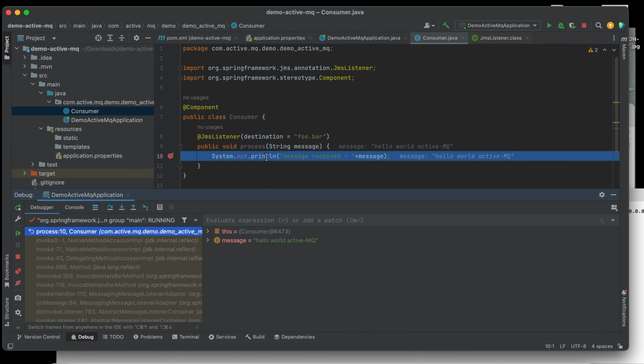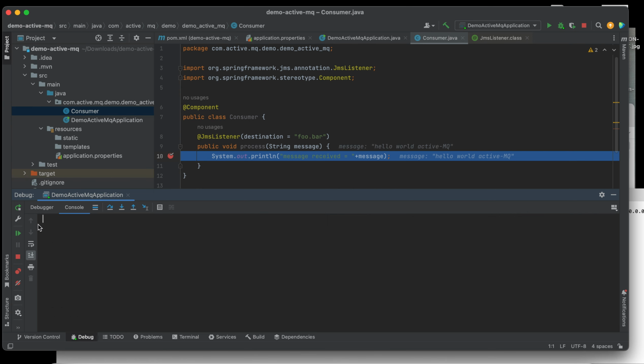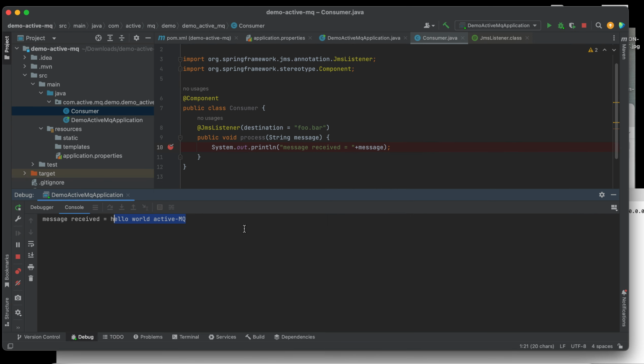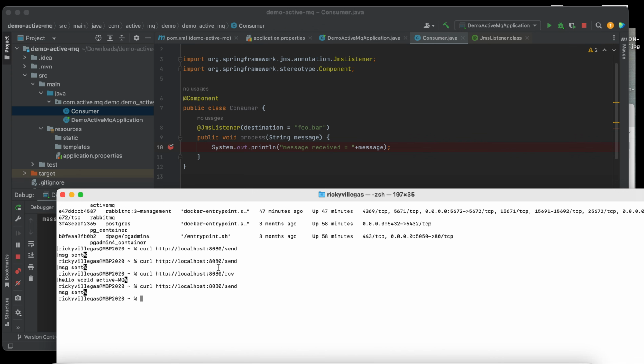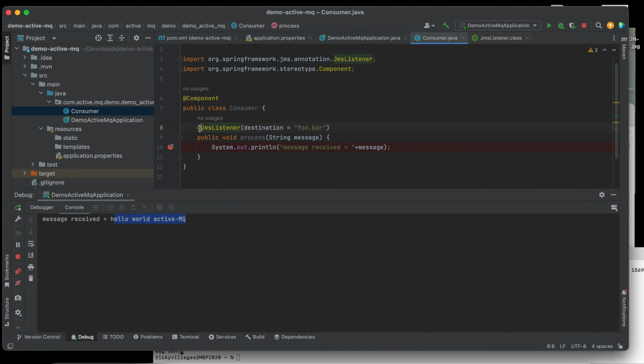Yeah, this one we received, right? We basically print this out. So it's successfully received without manually triggering the receive endpoint. We managed to receive the message because we subscribed using this annotation, JMS listener.